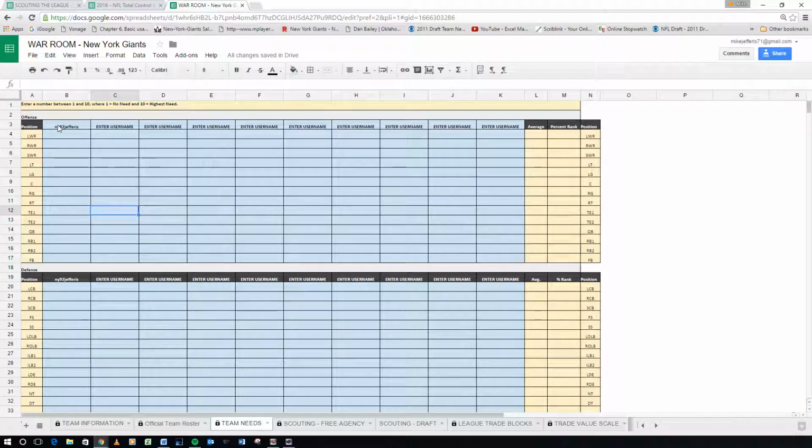Team needs. I've set this up to where if you enter your username like I did here, and then you assign need values on the scale right here, 1 to 10, you just go through there. I'm just punching some numbers in here to illustrate it. But the idea is to get more of a group effort here. So you've got all the averages from everybody's input. You get a percent rank,